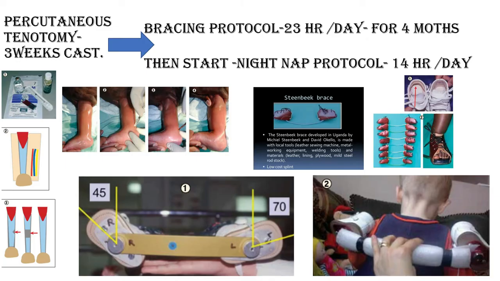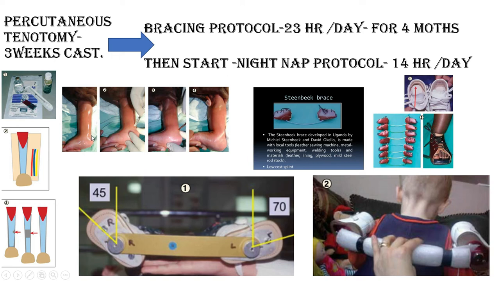Now, regarding the bracing protocol, suppose we have done 5 to 7 plasters. Now, as equinus deformity is not corrected from the very beginning, 80 to 90%, mind it, 80 to 90% of patients need tenotomy. Tenotomy means a small operation done percutaneously. They will give a small local injection, and we can put a needle or a very small blade, and we'll just